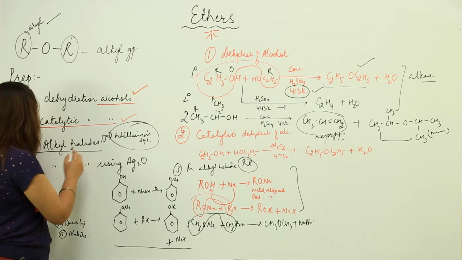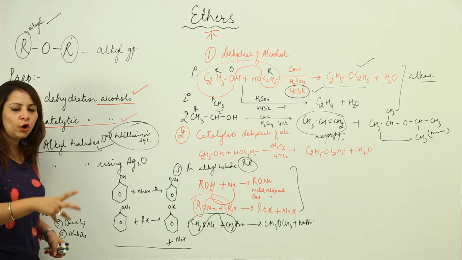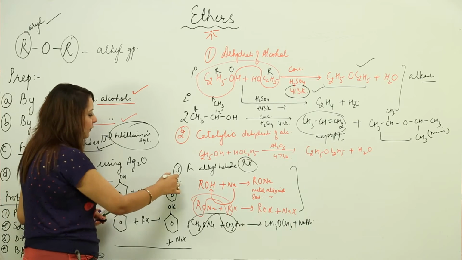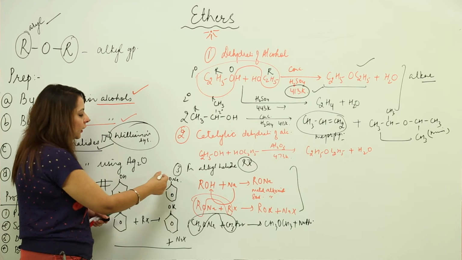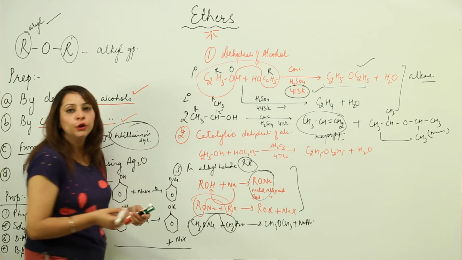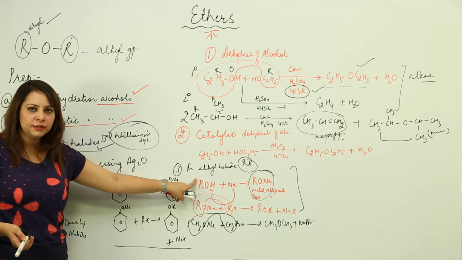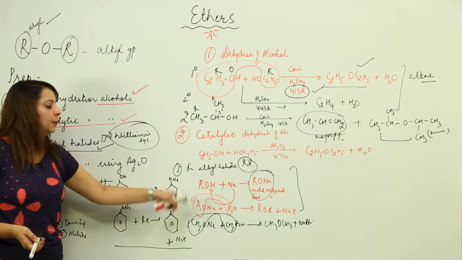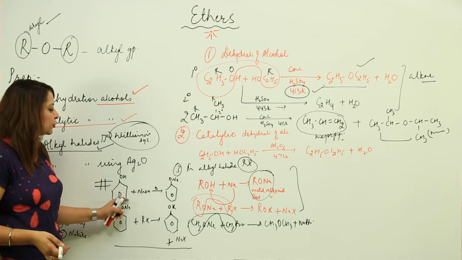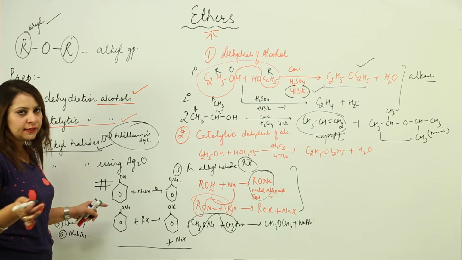So we can prepare ether by reacting the metal alkoxide with alkyl halide. The first step which I showed you, where I was preparing the sodium phenoxide ion, or the metal alkoxide, you may or may not show. You can write the direct reaction, or you may also show the preparation of RONa first and then how it reacts to form ether. It's your choice whether you want to show the basic step also, or show a direct step individually. It's up to you.